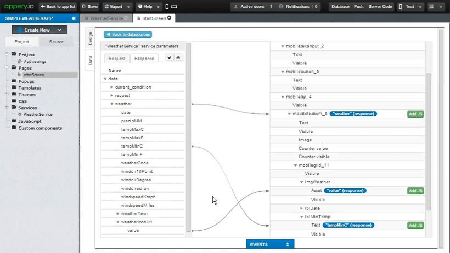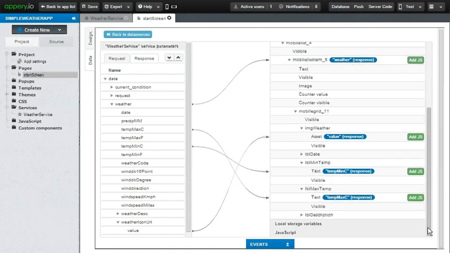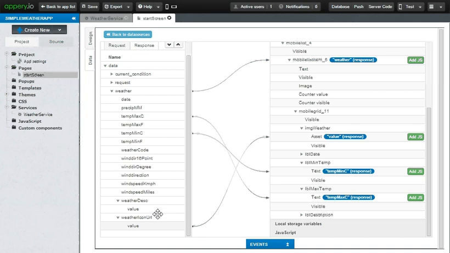Similarly, I'll drag the temperature max C onto the LBL max temp. And you can see the mappings are getting created. Finally, there's a label description that I would need. So that is the weather description element in the response. I map this weather description to the label description.